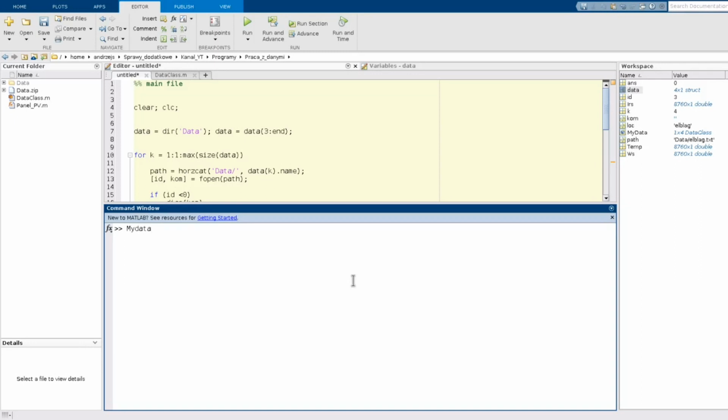My data, for now I just look for my data to show you what it is. It's an array of objects of data class, and each of these objects have the properties of location, wind speed, temperature, solar irradiance, the private properties raw, which we cannot change, which I will show you in a second, and the dependent properties, which is temperature, standard deviation, and the average value of temperature. Okay, so let's see, for example, for a first file.